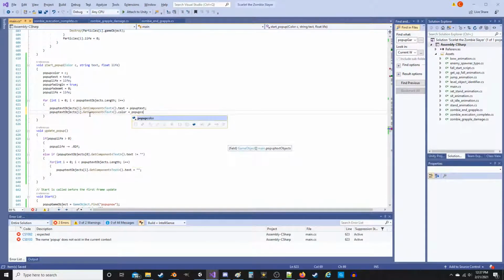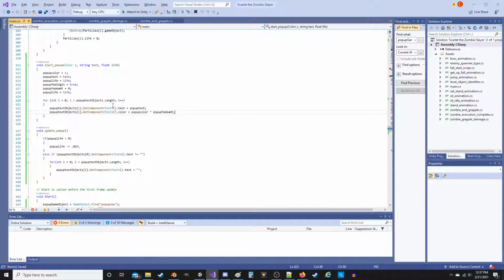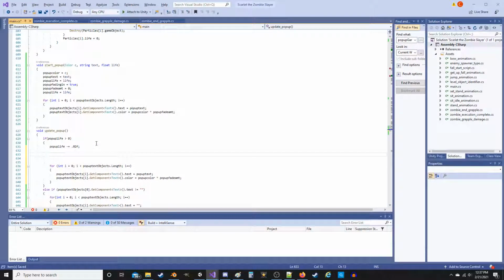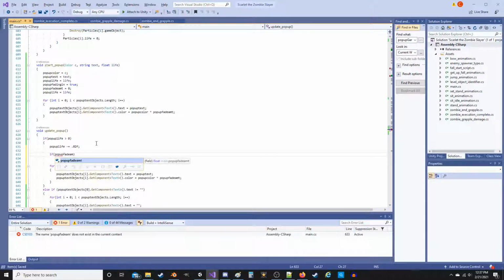That's what I want. Okay, great. Now we'll just repeat that up here, and we'll change the fade based on which direction it's going. So if pop-up fade amount, or pop-up fading in is equal to true,